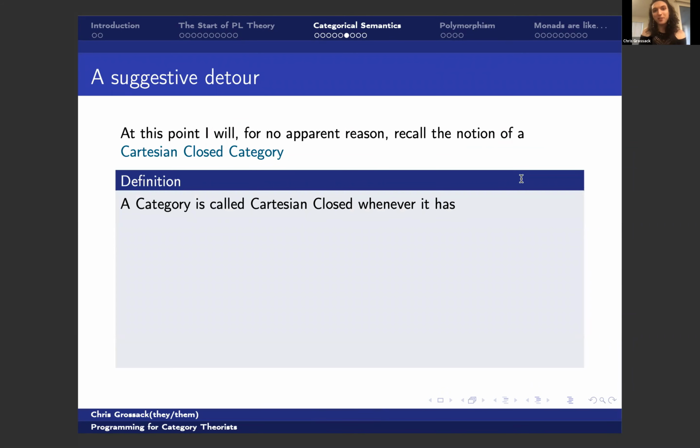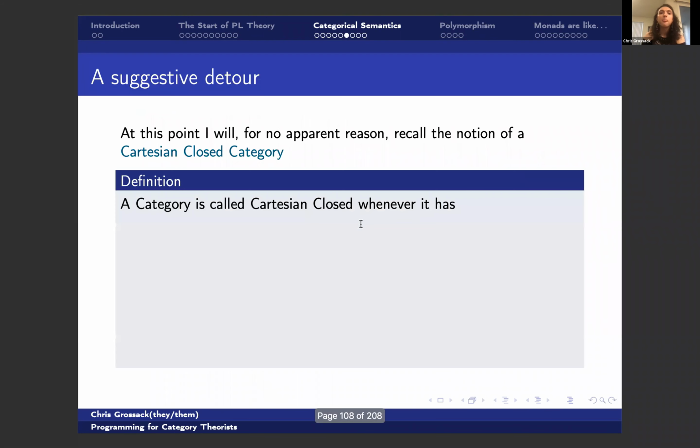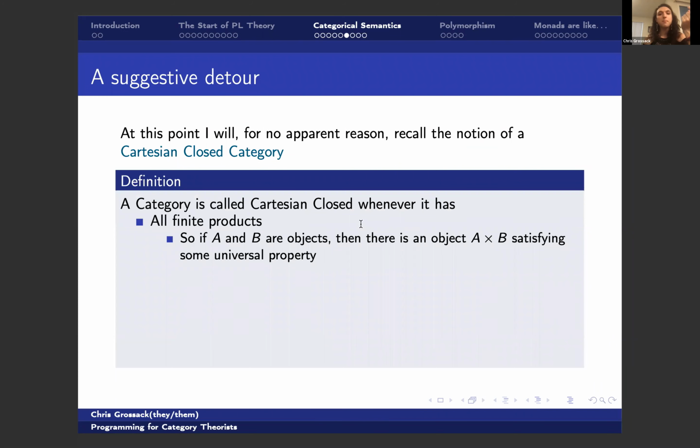So speaking of Cartesian closed categories, remember, we're trying to find some category which has the structure that allows us to interpret this notion of n to the n. And I will, for no apparent reason, recall the notion of a Cartesian closed category. A category is called Cartesian closed whenever it has all finite products. So given any two objects A and B, there's an object A times